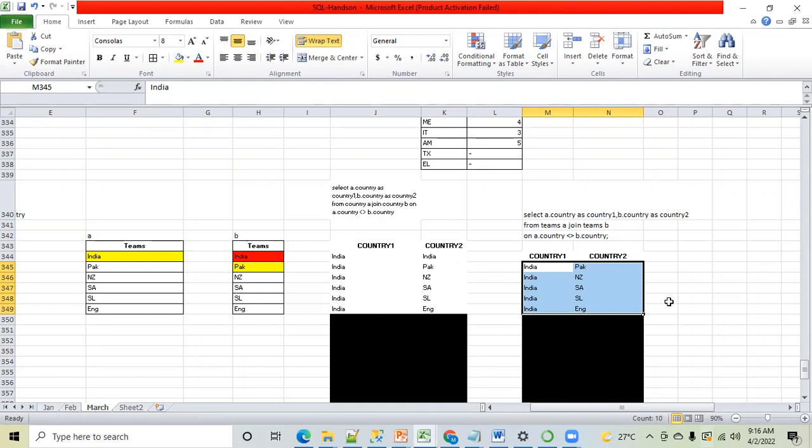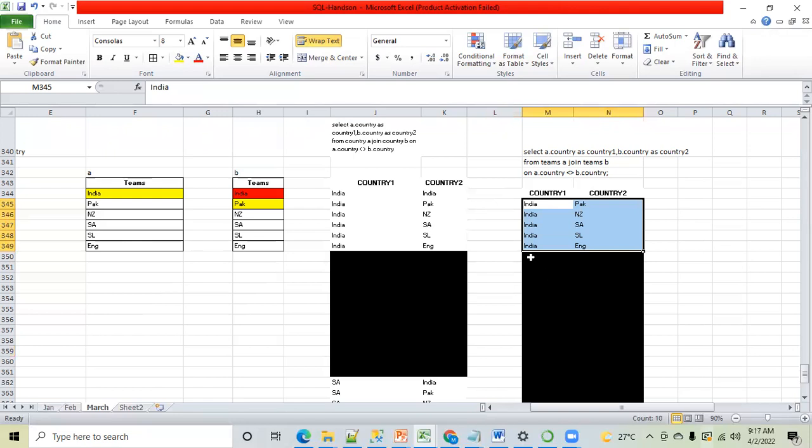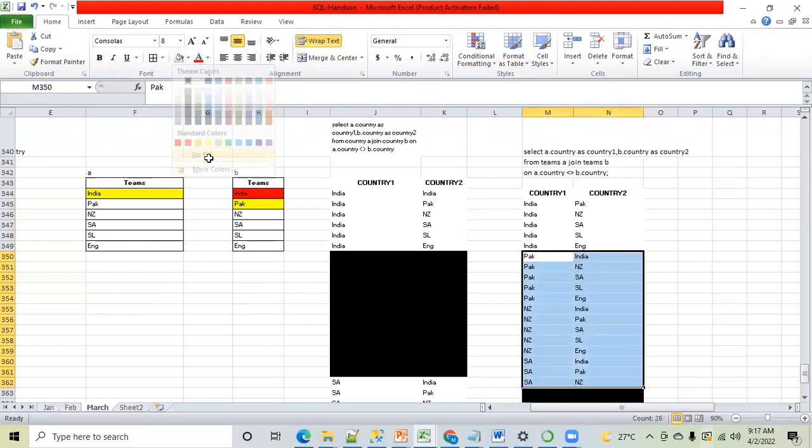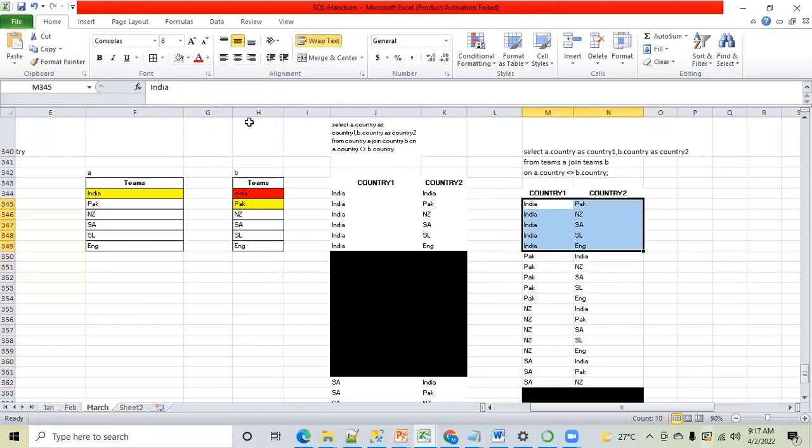Anyone who wants me to repeat this? No. Clear to everyone? You should understand the importance of this not equal to operator. I don't want the same country to play with each other because that doesn't make any sense, correct? That's why I have told the SQL engine that whenever both the countries are the same, I don't want this. So those records will be rejected and will not be considered in the record list. So this is fine. Now let's do the further analysis. India is done. We are clear with this.